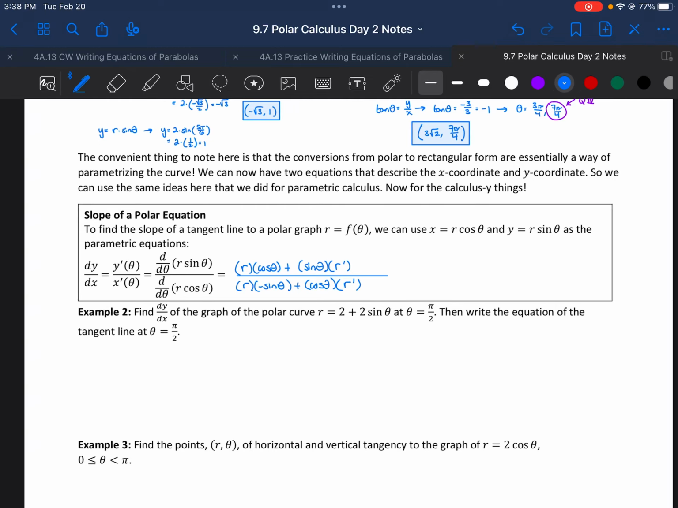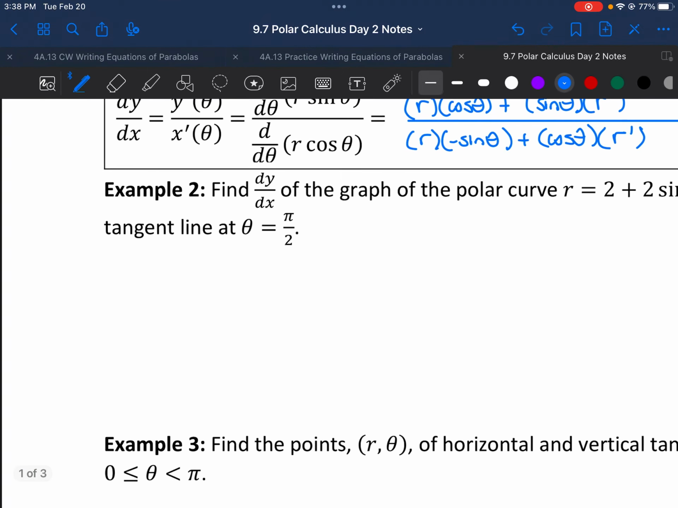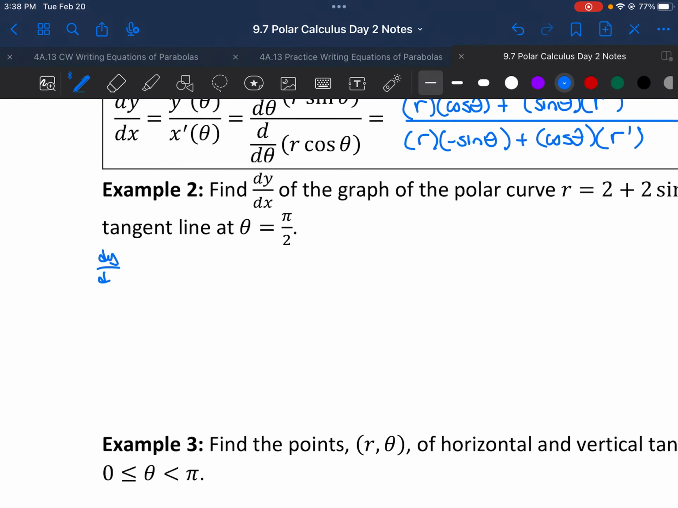So let's try it out. Let's put this to work here. Example 2: find the derivative dy dx of the graph of the polar curve r equals 2 plus 2 sine theta at theta equals pi over 2. Then write the equation of the tangent line at theta equals pi over 2. All right, so first things first, let's go ahead and get our derivative. So dy dx equals dy d theta over dx d theta equals,